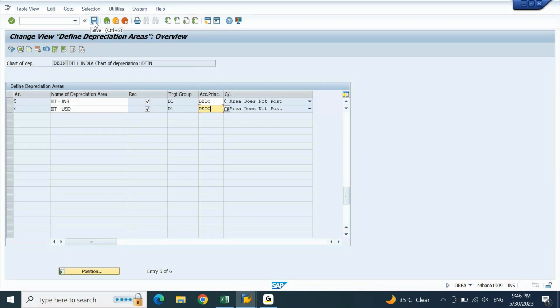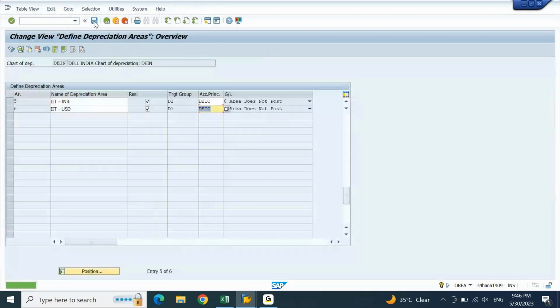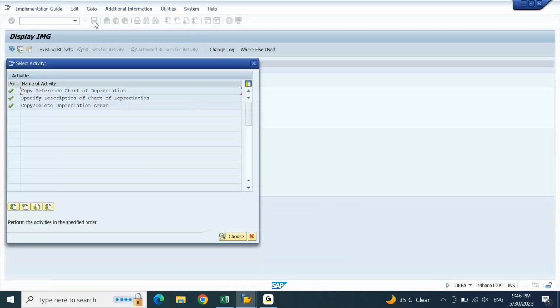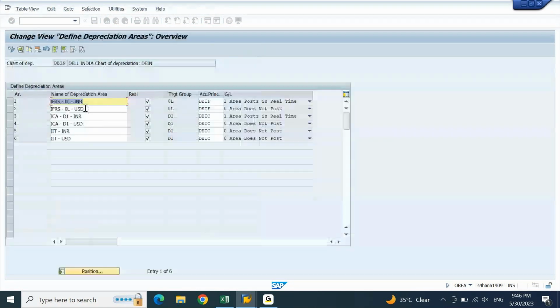Save. Enter. If I go back, open these depreciation areas again, under your chart of depreciation, you are able to see 6.